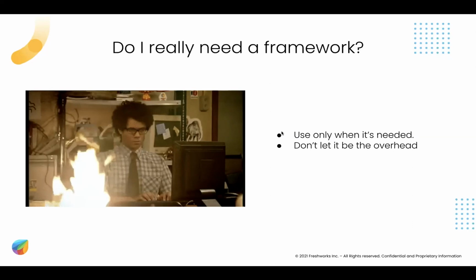Do not start learning the framework for a new app when you're already in a time crunch. Do not use the framework just for the sake of using a framework or just because everyone else is using it. Their requirement might be totally different from yours. And use the framework only if you're going to make use of all the features that the framework offers. If you're using React, make sure you make use of all the features of React, or at least the important features of React.